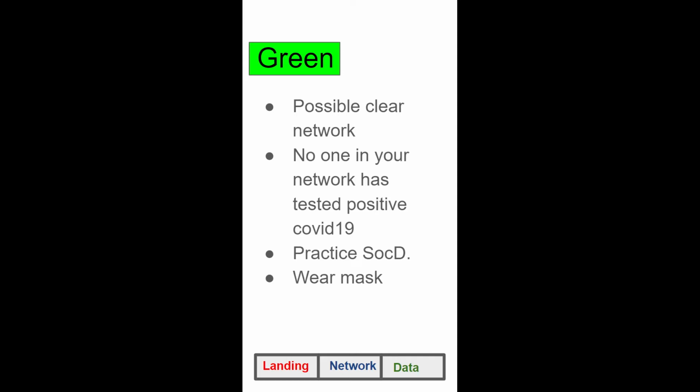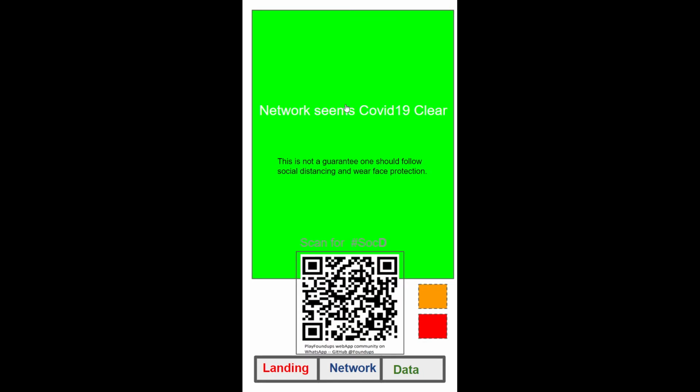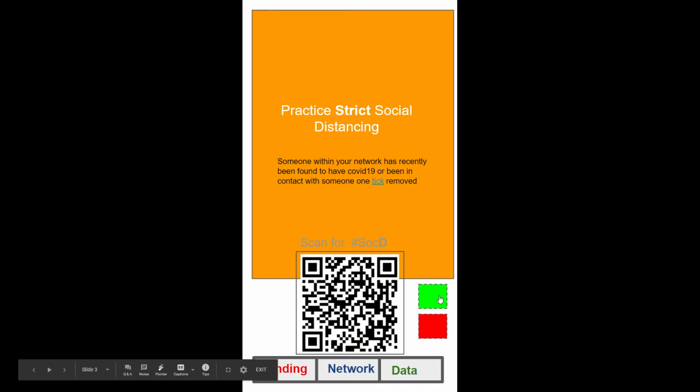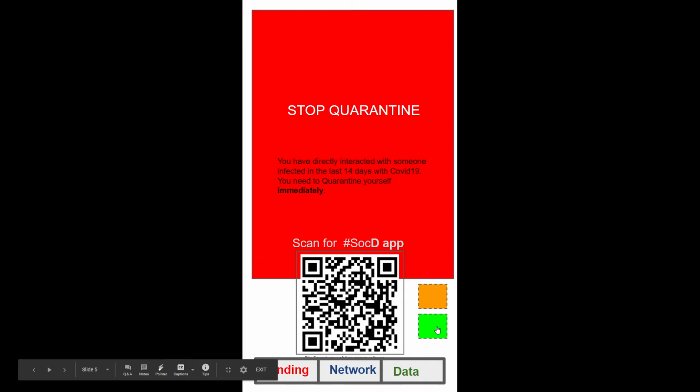Okay, that's it. Now, let's say someone a couple steps removed from you gets detected, and your friend had interacted with them, and then they interacted with you. What would happen is yours would go yellow. It's like, hey, practice strict distancing. There's someone one step removed that has it. Let's say you interacted with someone who then later got it, and then it's going to say, quarantine,